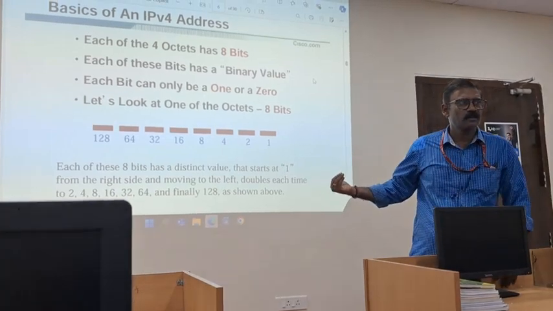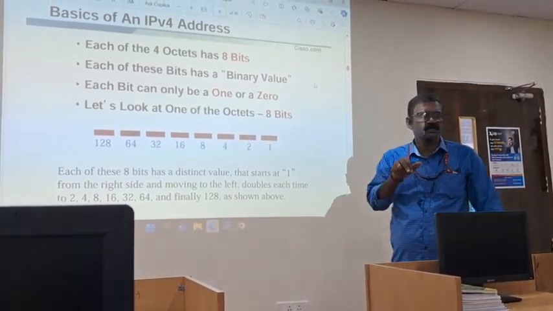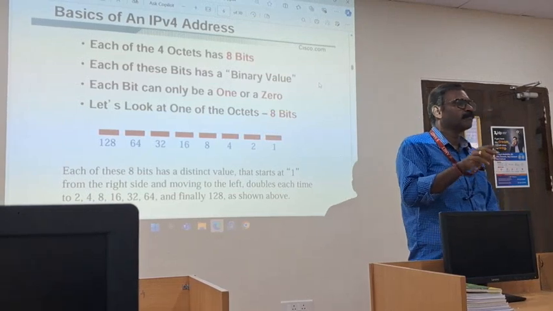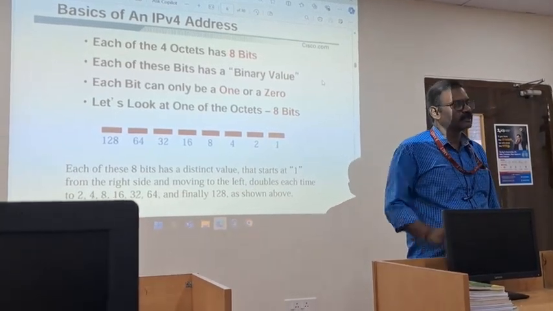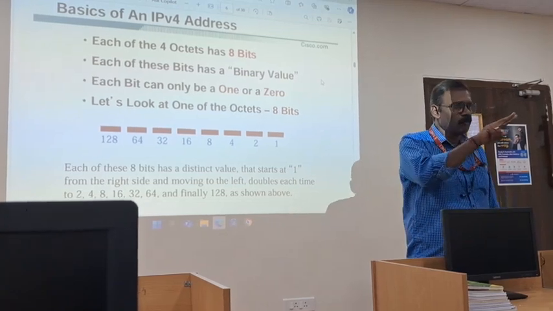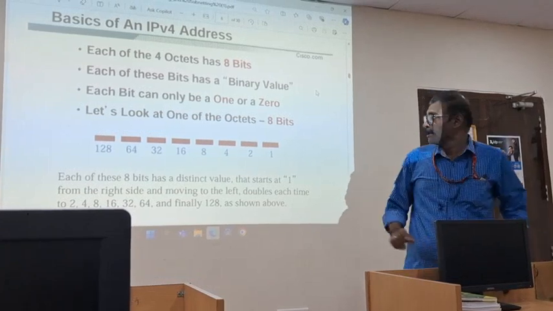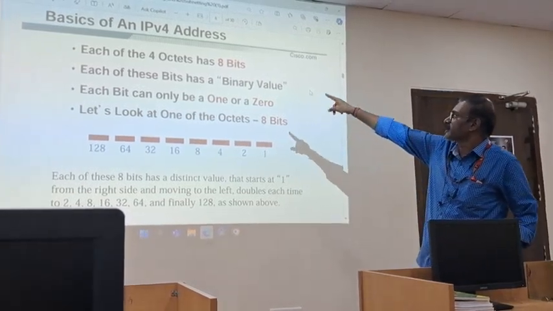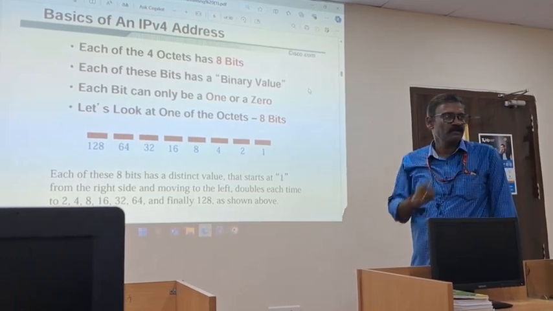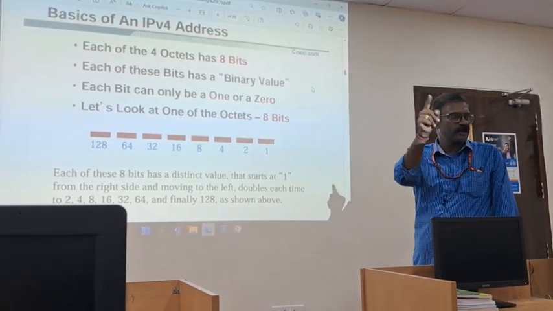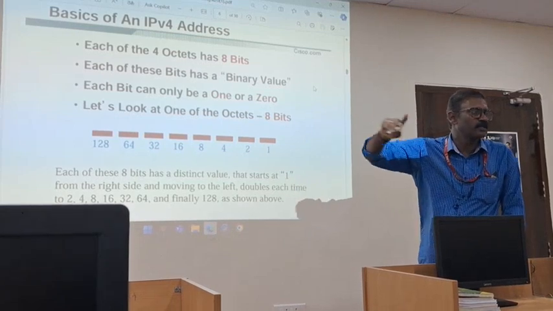So today we will discuss classful addressing, how to represent it and how to notate it. Notation means there are 2 kinds of notation to represent the IP. One is binary notation, another one is dotted decimal notation. Each of the 4 octets has 8 bits, that means 8 bits, dot, 8 bits, and so on.